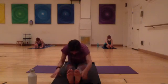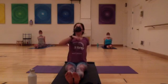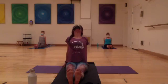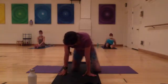And on your next inhale, slowly walk your hands back for a slight back bend here. Lead with the sternum. Let the head hang back if this is comfortable. Feet are flexed. Finding a slight back bend here. And slowly come back to center. And let's get on our knees here